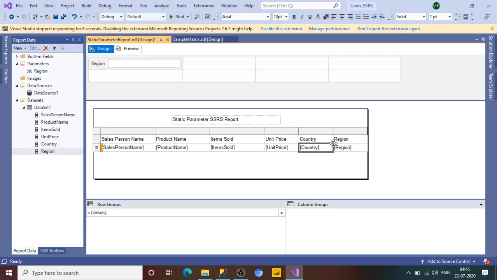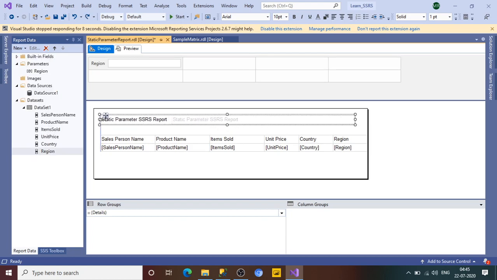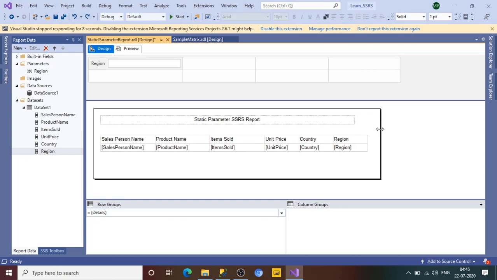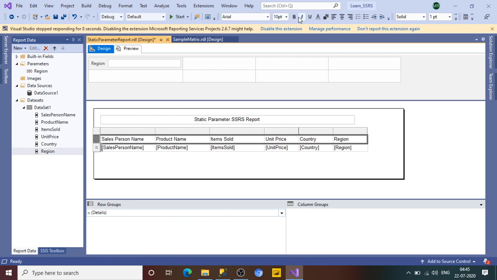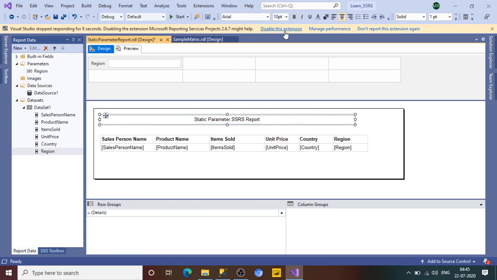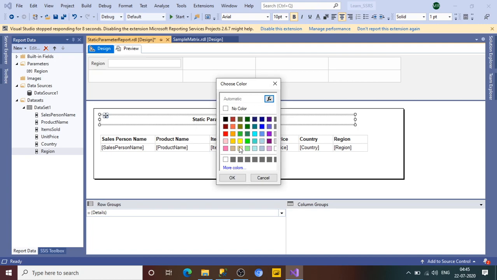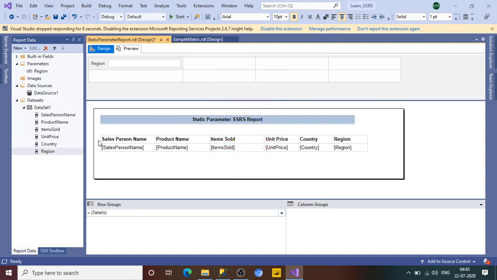and then the last column is reason. So you just drag and drop this one as well, and if you want, you can drag this one as well, and if you want, you can make it middle aligned. And this is our report, just drag it over here, and if you want, you can put some styling over here. So I want it bold, and I want this bold as well. Okay, now I want this to have some colors. If you want, you can give some colors here.